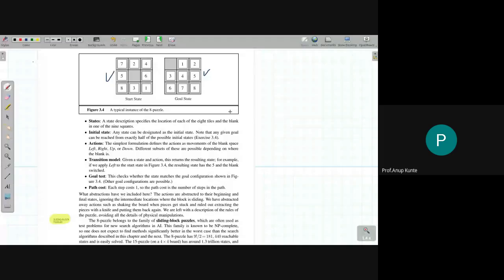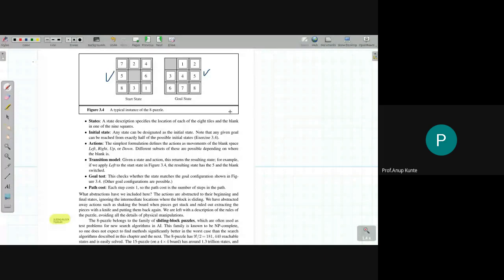Coming back to the definition of the problem that is required by the problem solving agent, we need to define 5 things in order to use it. Number 1 is that I should be able to define the state, especially the initial state, and, if the problem has one, the goal state. Why do I say if the problem has a goal state? Most of the problems that we looked at had an initial state, and you knew what your goal state was.